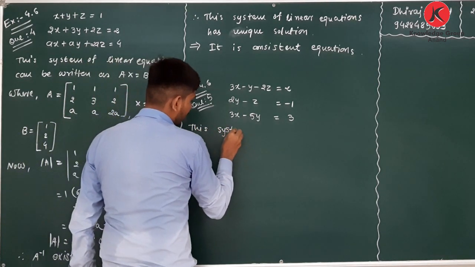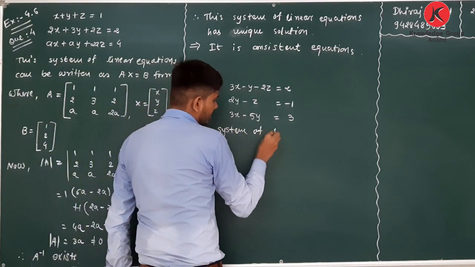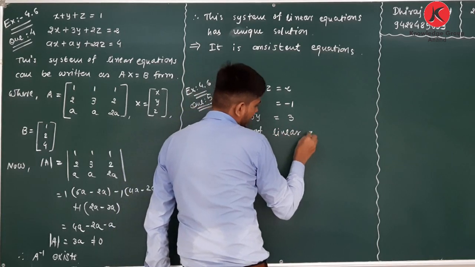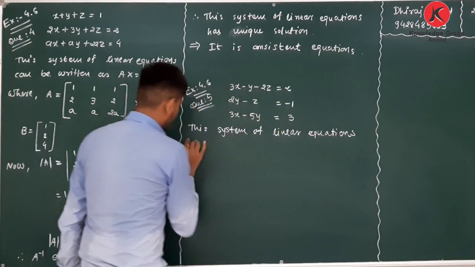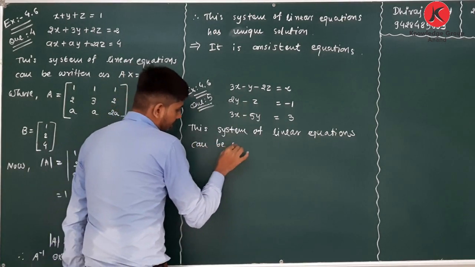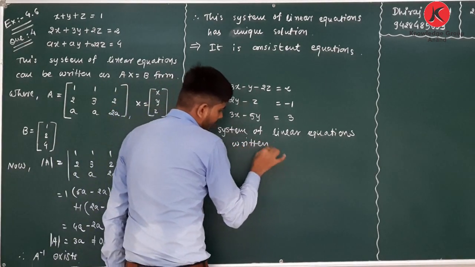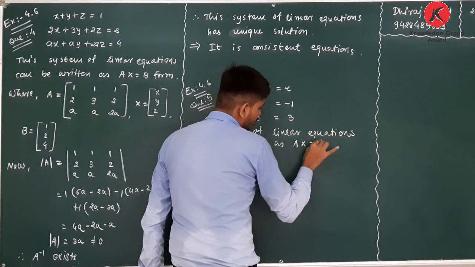This system of linear equations can be written as AX equals B form,